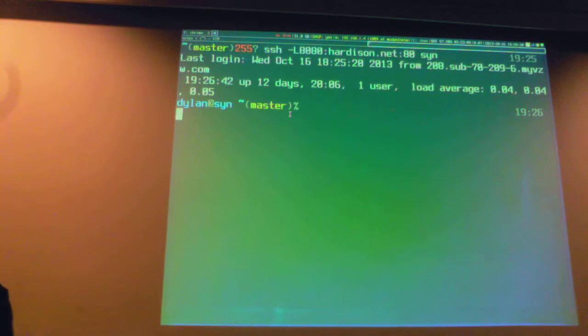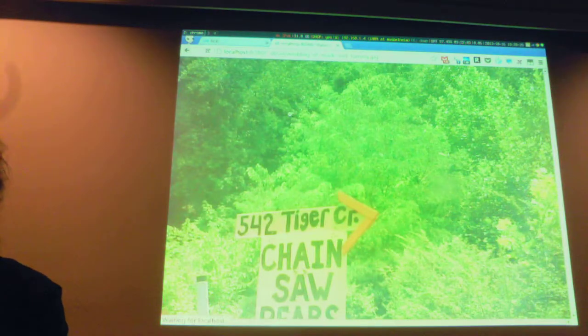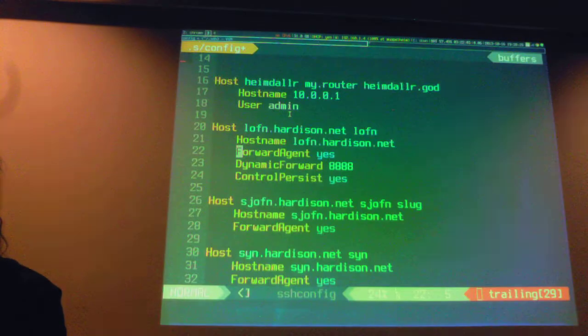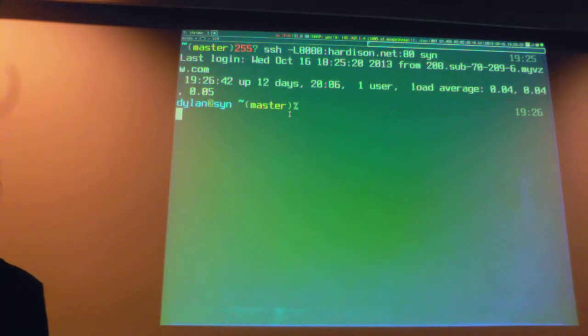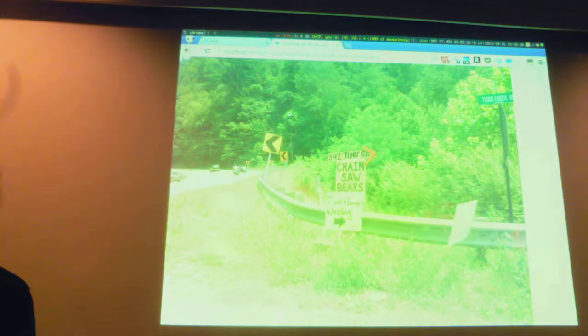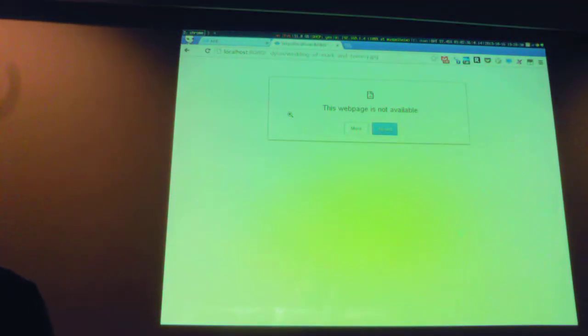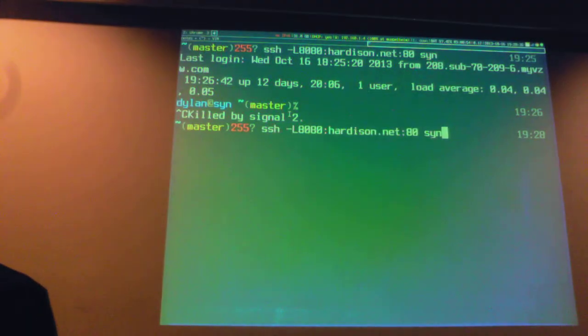Can anyone figure out why it's just hanging? Probably your HTTP is waiting for a connection. No, the HTTP connection is closed, but the tunnel to the HTTP connection is open. Now, if I do Control C here, it will kill it. And if I refresh, it's gone. So that's the reason you want to do that with